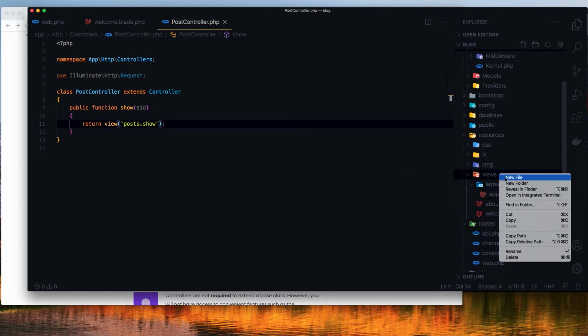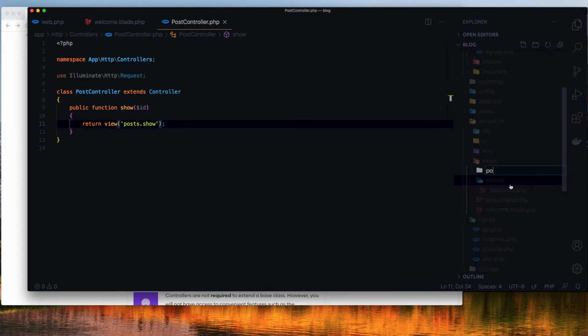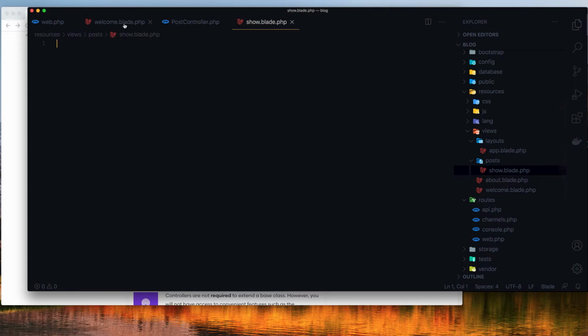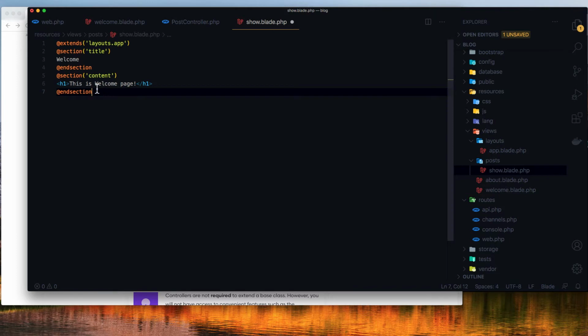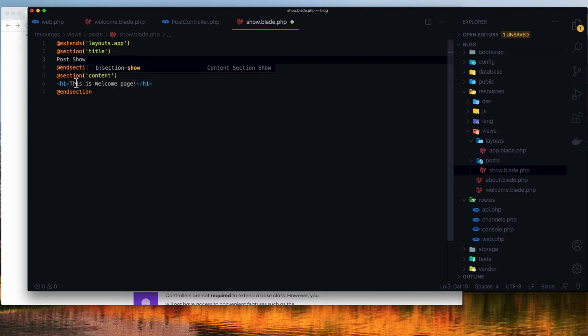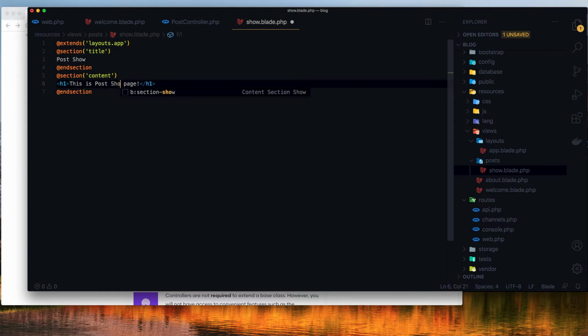Inside the views we need a new folder for post, and a new file here, show.blade.php. I'm going to copy from here, paste it here, and post show the title, and this is the post show page. If I save now,